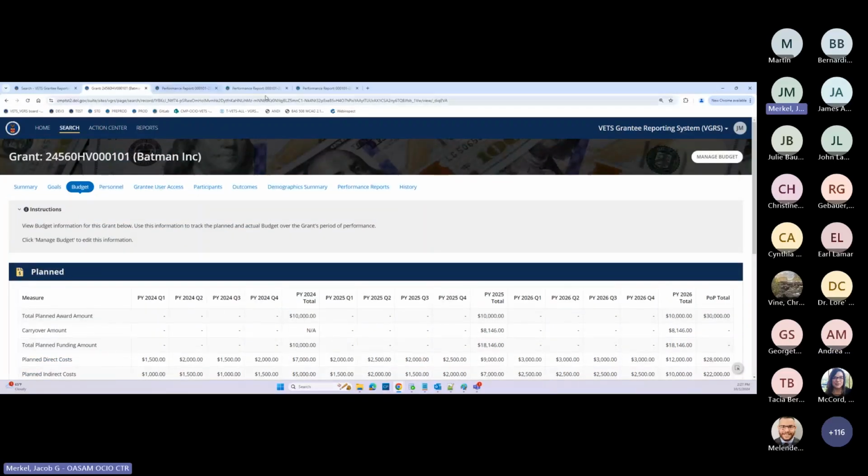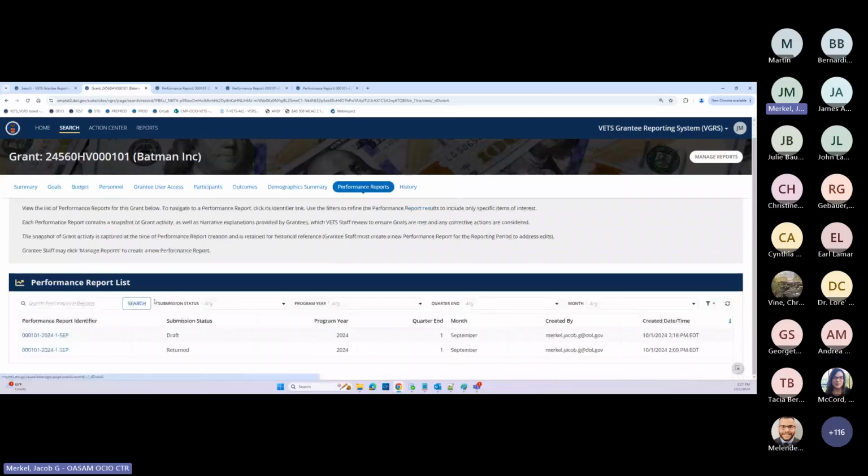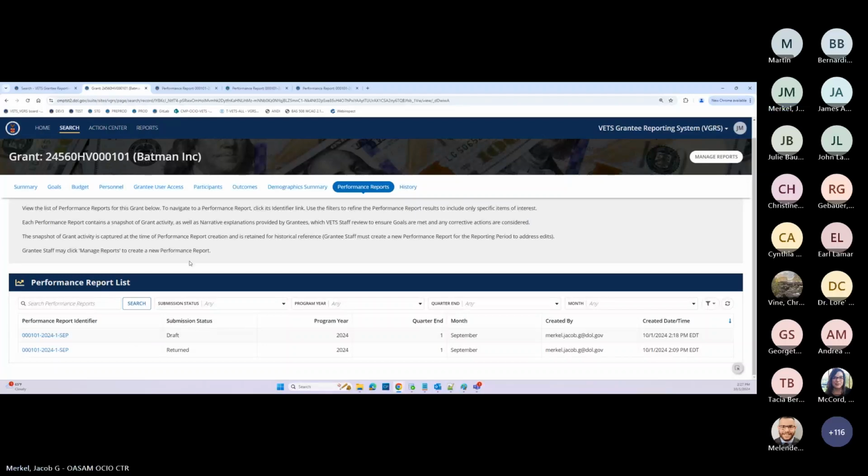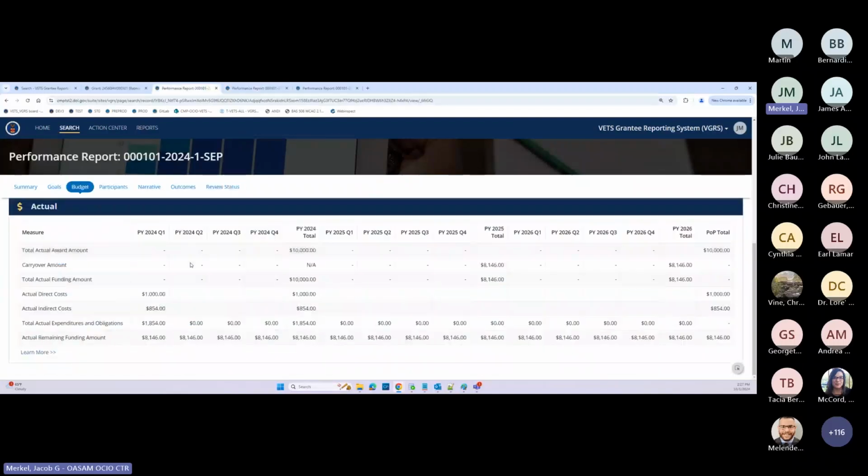sits in this performance reports list. As you can see, we have 2 now, but it'll just kind of sit here. We don't have to do anything with it. It can stay in draft status and not be submitted. Okay. But you're exactly right. If we noticed an issue with our actual budget, oh, this should have been